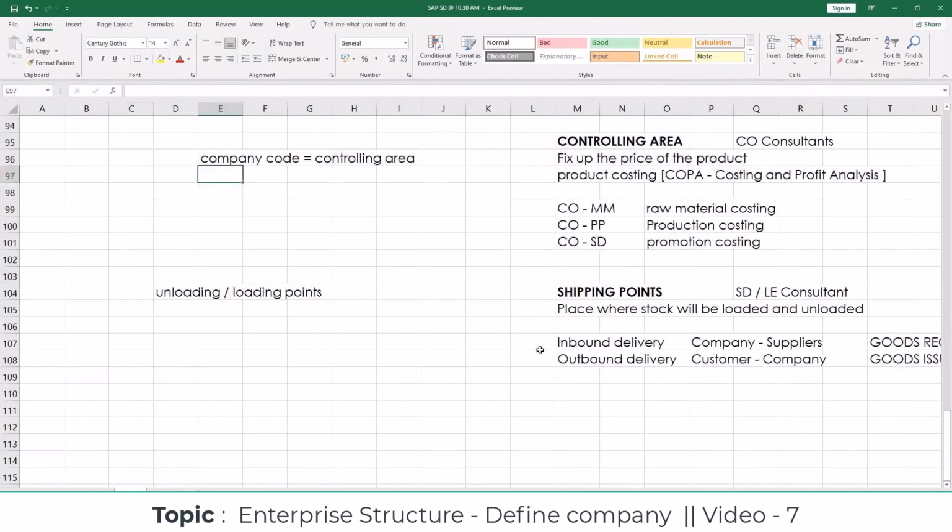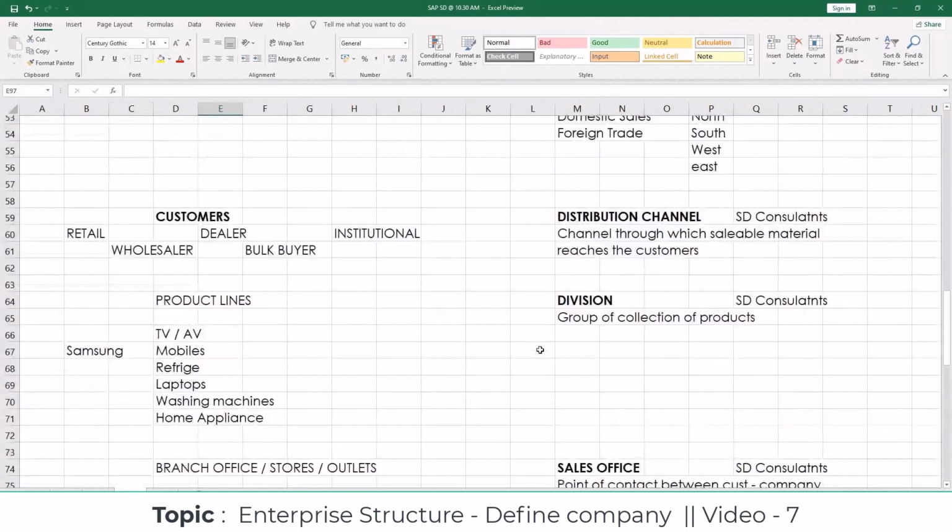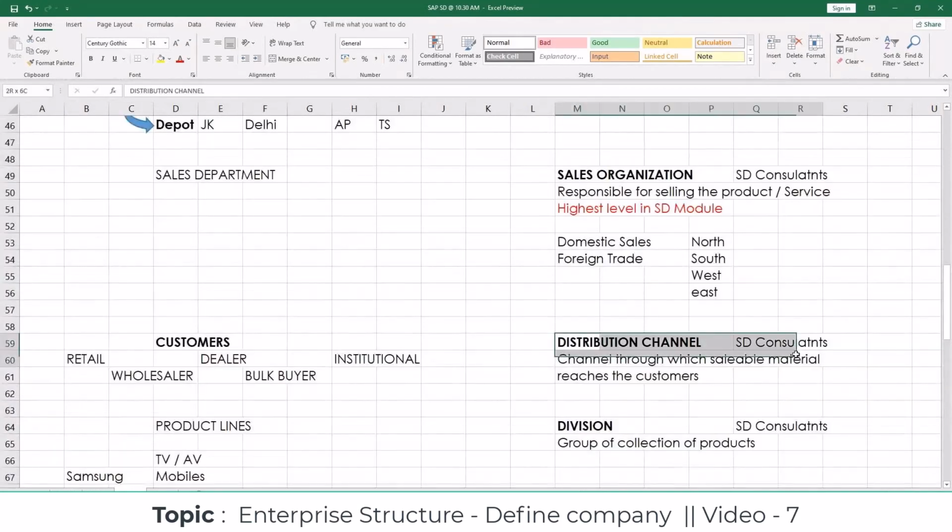So once you're done with the sales organization, we need to work out with the distribution channel over here. Now, what is the use of this distribution channel? Every company will be having their own set of customers, whom we try to classify as a retailer, wholesaler, dealer, bulk buyer. And why do we need to classify the customers? Because